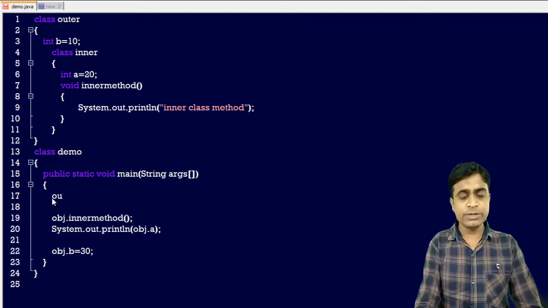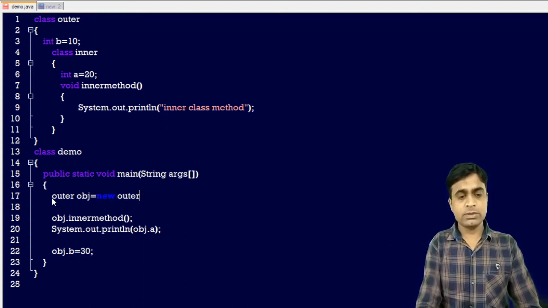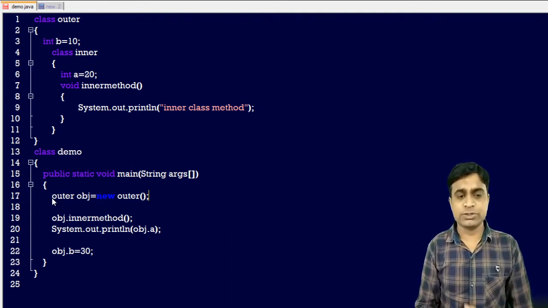First of all you need to create the outer object: Outer obj = new Outer(). So we have created the object of the outer class first of all.